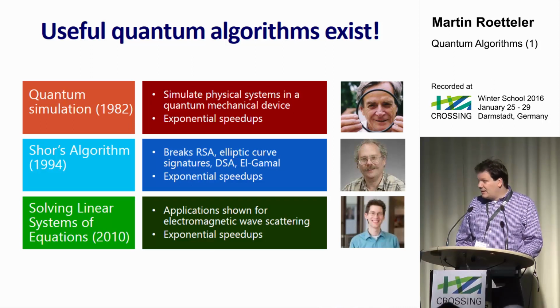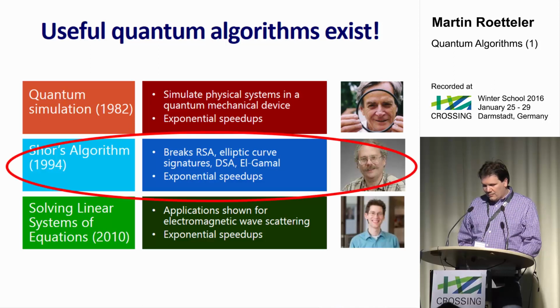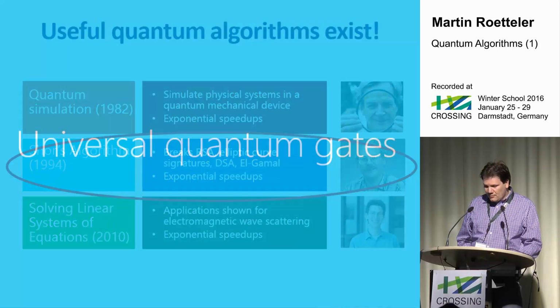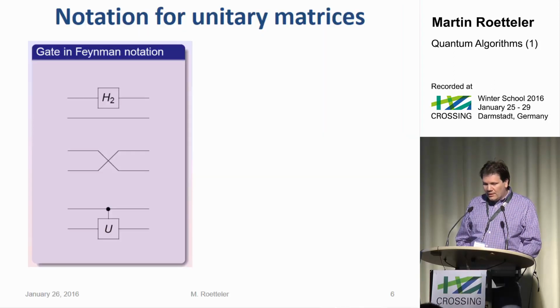An interesting other algorithm, more recent, is an algorithm to solve systems of linear equations. It's very cool. There are some caveats, due to the way you get the information into the system and how you can extract it. But there are some applications for these algorithms as well. I'm not going to talk about the latter one. I'm focusing on factoring and dlog type algorithms. And towards the end, I want to talk about something called the hidden subgroup problem, which tries to generalize these ideas to other groups.